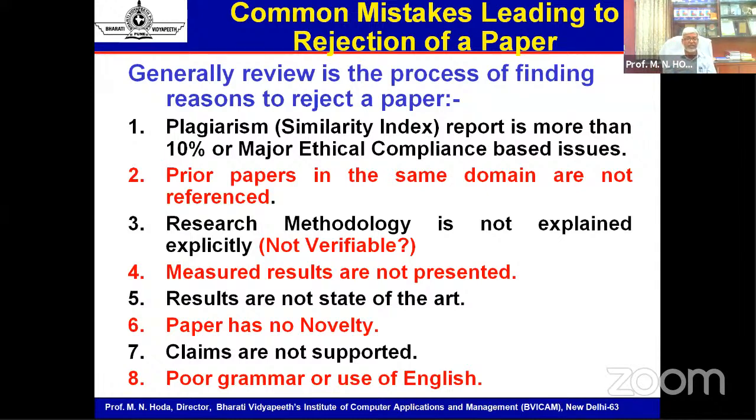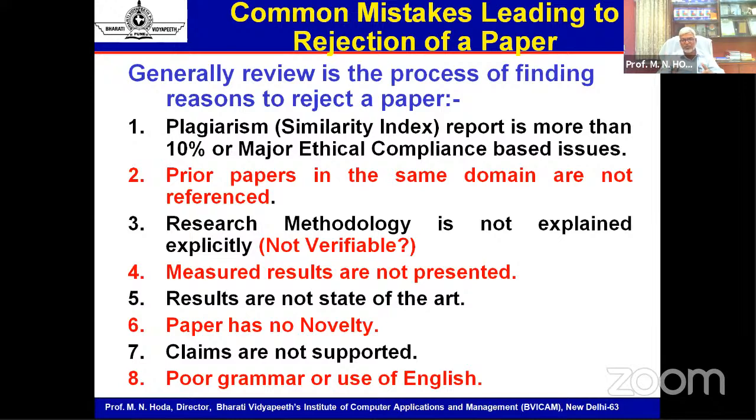So the very first point is plagiarism, that is, the similarity index report is high. If you are submitting a paper, all publishers have software tools to check the similarity index. There are many tools, you might be aware. The de facto tools which publishers follow are either Authenticate or Turnitin. These are the two de facto tools using the same database. There are many other tools, like Urkund, promoted by UGC, maybe in the paid domain, maybe in the free domain. So these tools are used by the publishers.